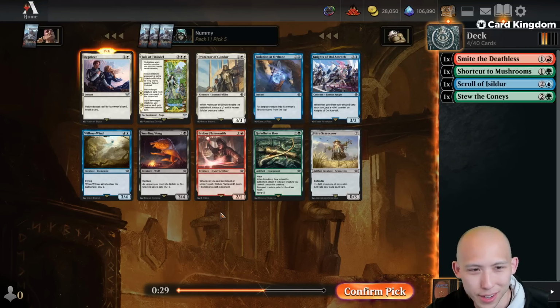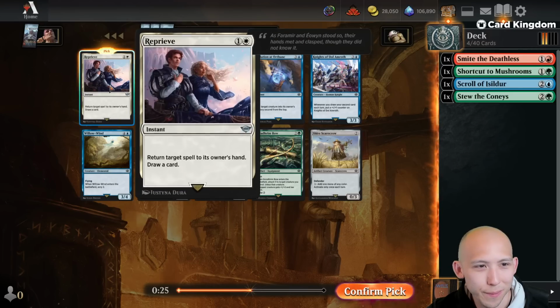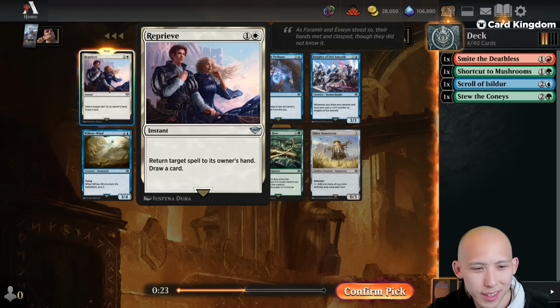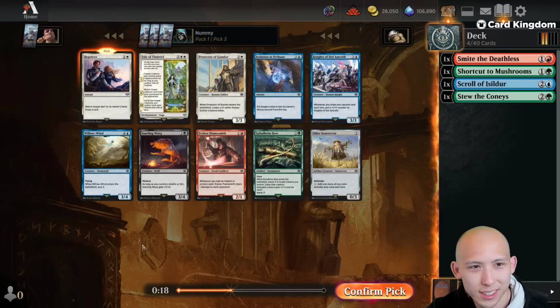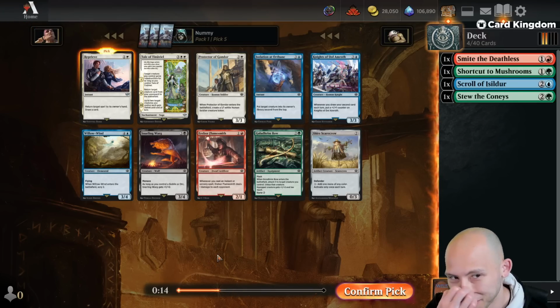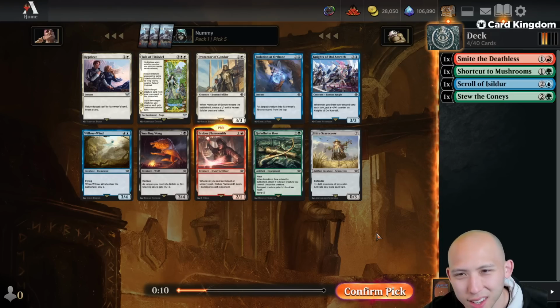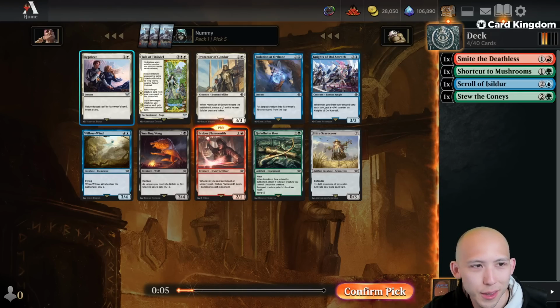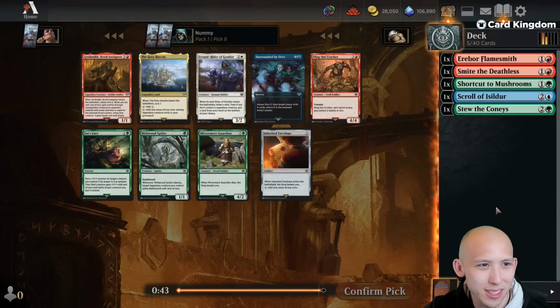Although I think my favorite deck in this format is just going to be the red-blue spells deck, but Reprieve is so good. It's Remand in white. Is Flamesmith just better here, knowing that I already have a red card, though? Probably. This is tough. The Reprieve goes well with my green cards, but the Flamesmith goes better with my red and blue cards, plus I already have Smite, so...